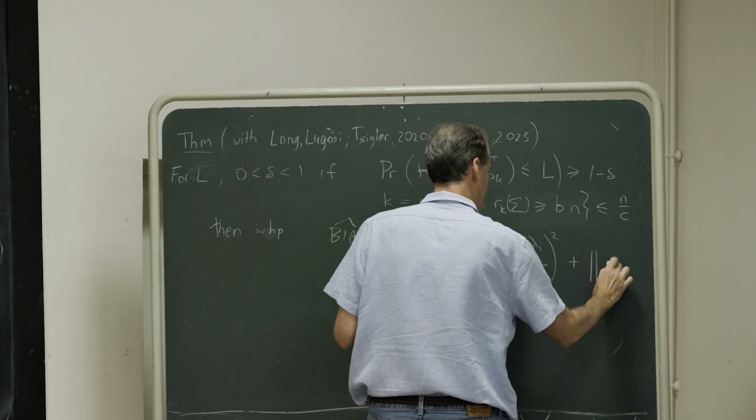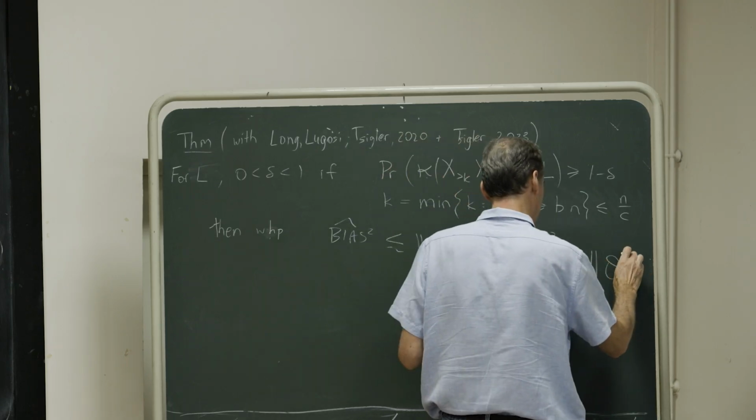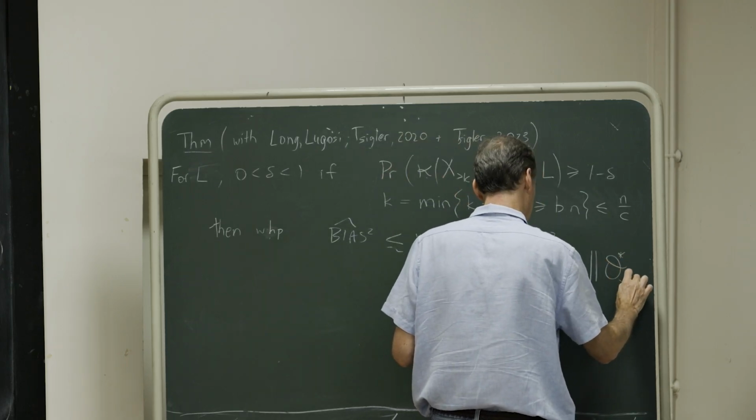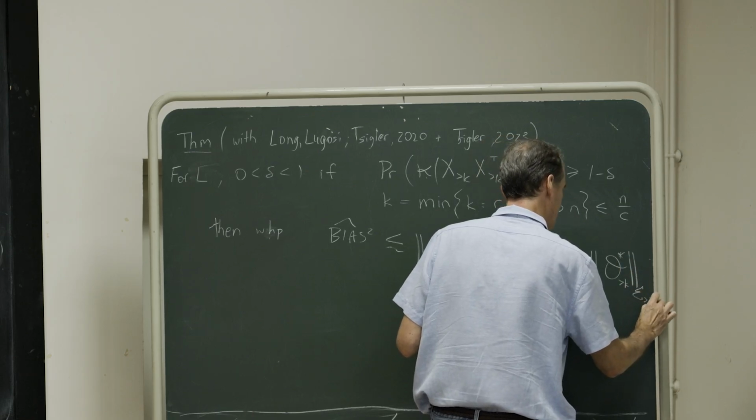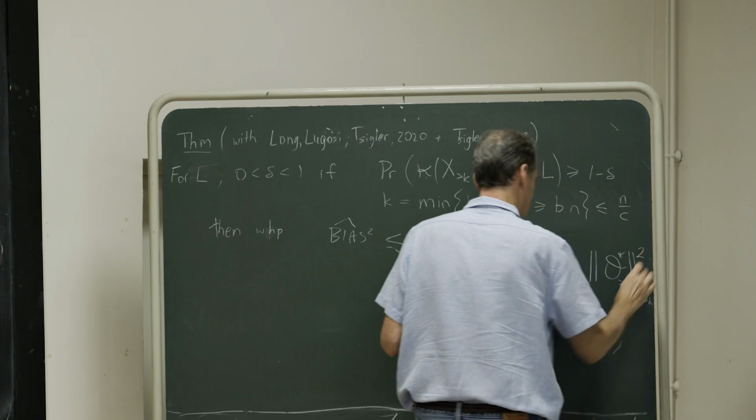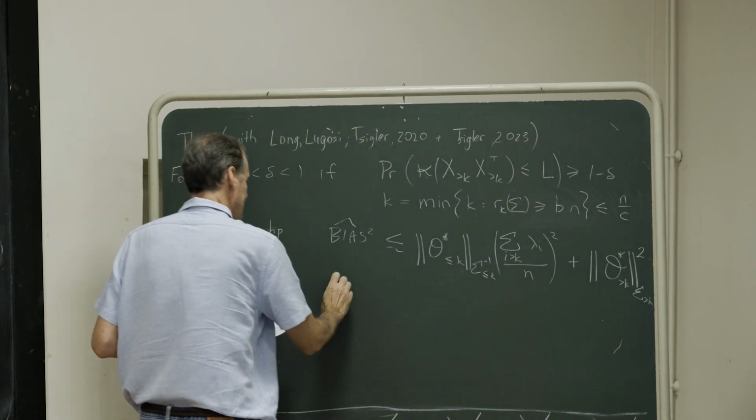Plus the light piece, the tail, we get sigma star greater than k with sigma greater than k squared, and a variance piece